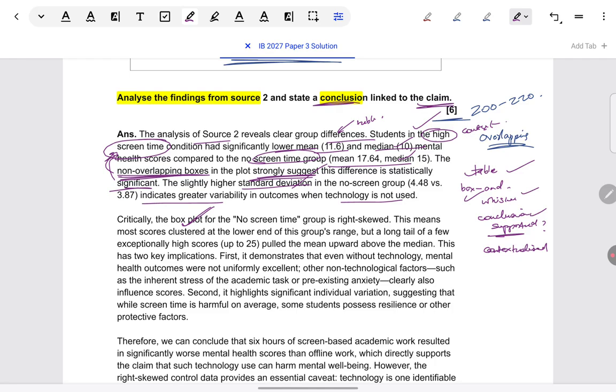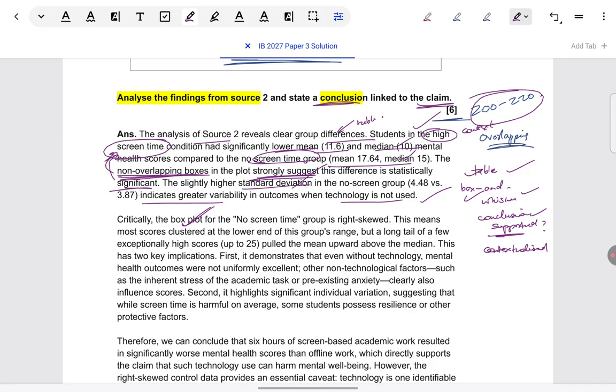Now, some of you might feel, why didn't we mention the range when maximum and minimum values are given? It would just be redundant. Standard deviation is the superior measure. We have mentioned what that is showing about variability. Why go back to the crude measure of the range when we have a better measure? Okay, so this much comment is enough. Do keep in mind we are restricted by a word count. We can't write about everything under the sun.